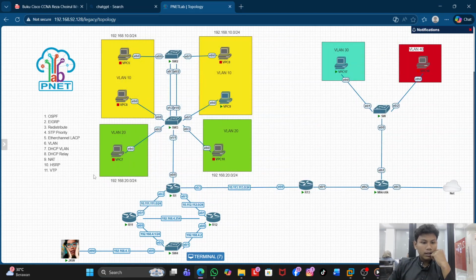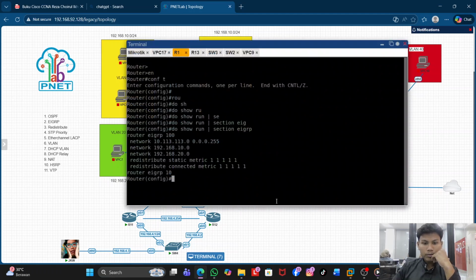Next, DHCP relay. If I configure the DHCP server here, the VLANs cannot get an IP address because it's a different network. So I use DHCP relay in router 1.